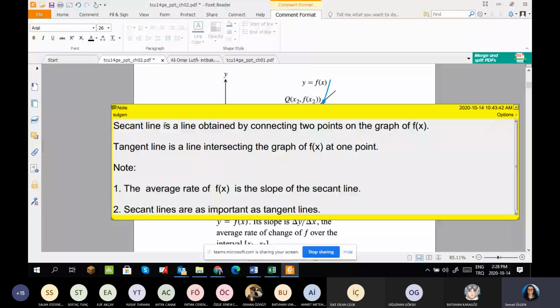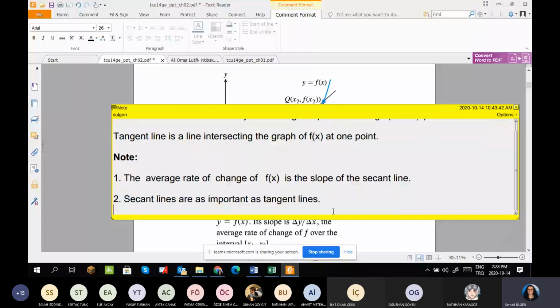We have some notes here. We just said that the average rate of change of f is the slope of the secant line. It's delta y over delta x, which is the same as the slope of the secant line. Secant lines are as important as tangent lines, so they are very important. We use them to get the exact value of the slope. Indeed,